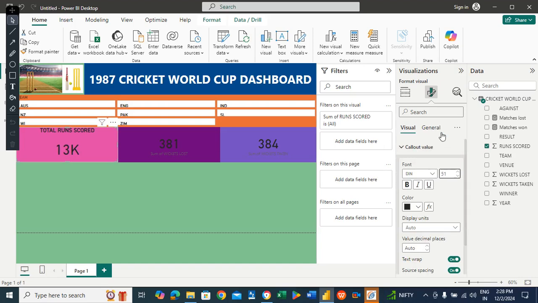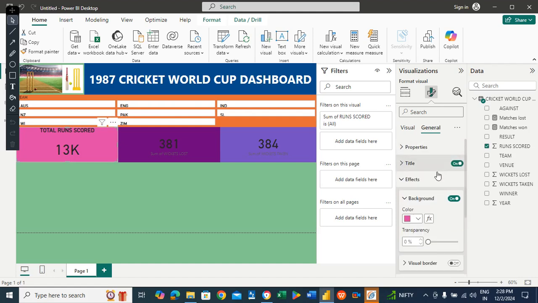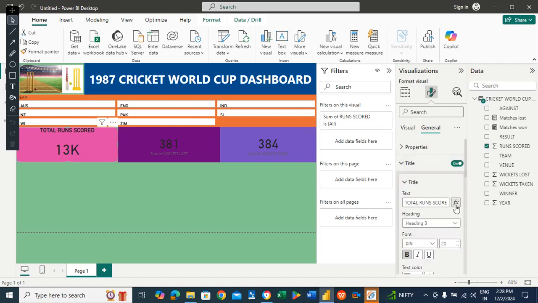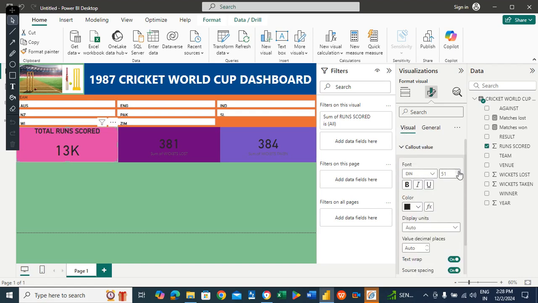And once again, even for the title, the size is 24, and I'll try to do the same for the other two cards. Okay, this is looking much better,